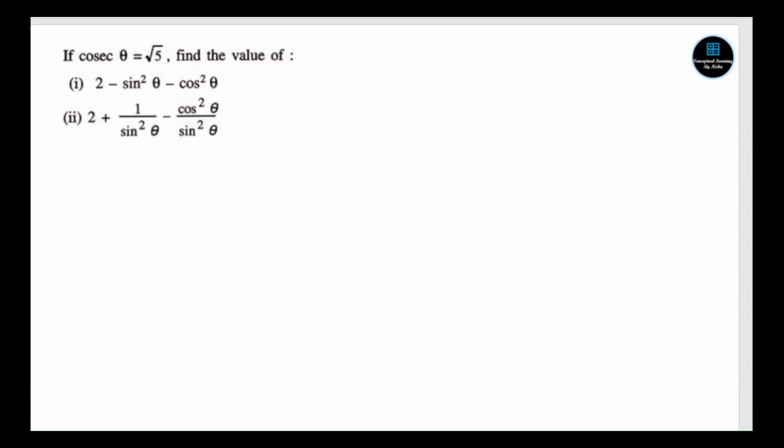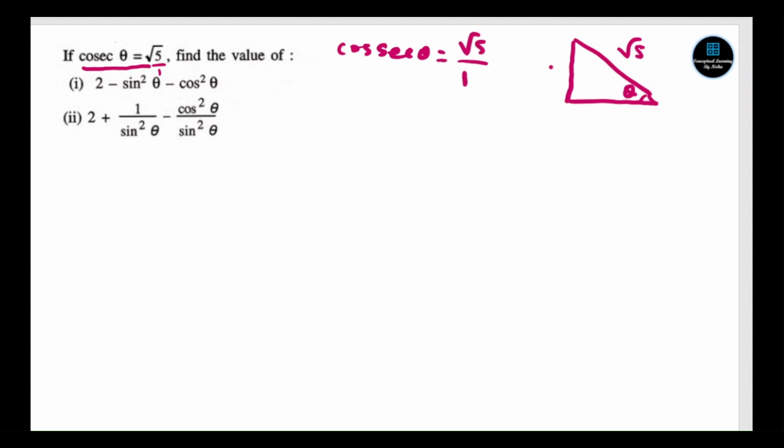Now cosec theta equals square root of 5, and we have to find the ratio. First of all, for the reference, I'll make the right angle triangle here, and this is the reference angle theta. Now cosec theta is what? Hypotenuse to opposite side, meaning perpendicular. So it is square root of 5 to, here you have to imagine 1. You can write cosec theta equals square root of 5 over 1. If nothing is there, you can imagine 1 over here.